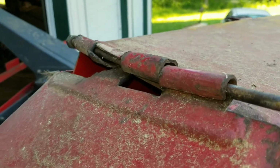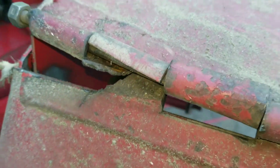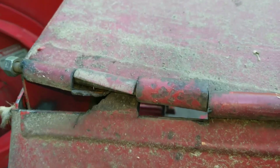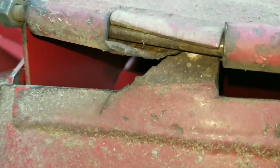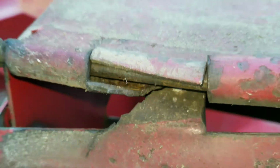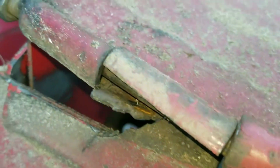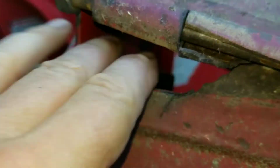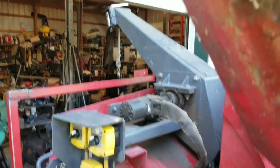Okay, well, here's how this thing looks. Now, see how this hinge right here is all pulled, stretched out, unrolled, if you will? And what that's doing is creating a gap right here. And then this thing